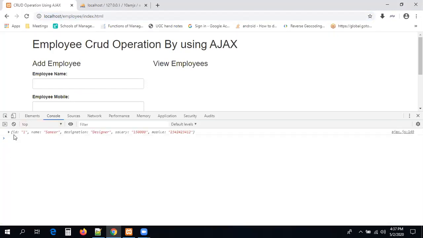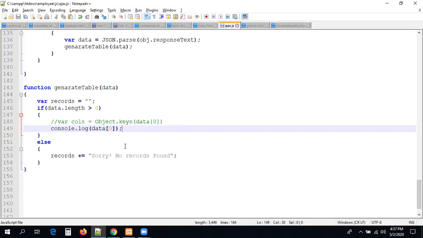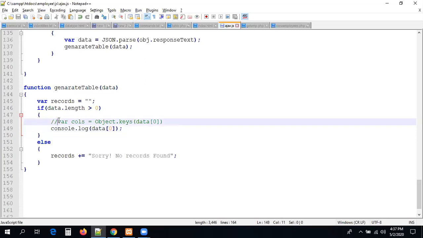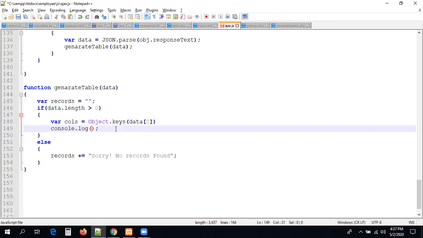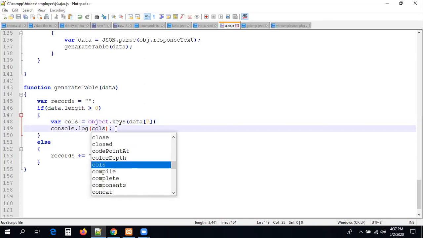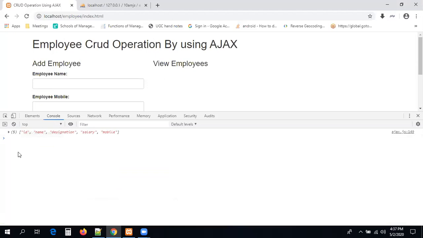What is the first record here? It's an object, so key value, key value, key value. I want to get only the keys. How can we extract the keys of an object? We have a method called Object.keys, guys. Now let me print cols and you can check it. Refresh the page. Now you can see the keys.